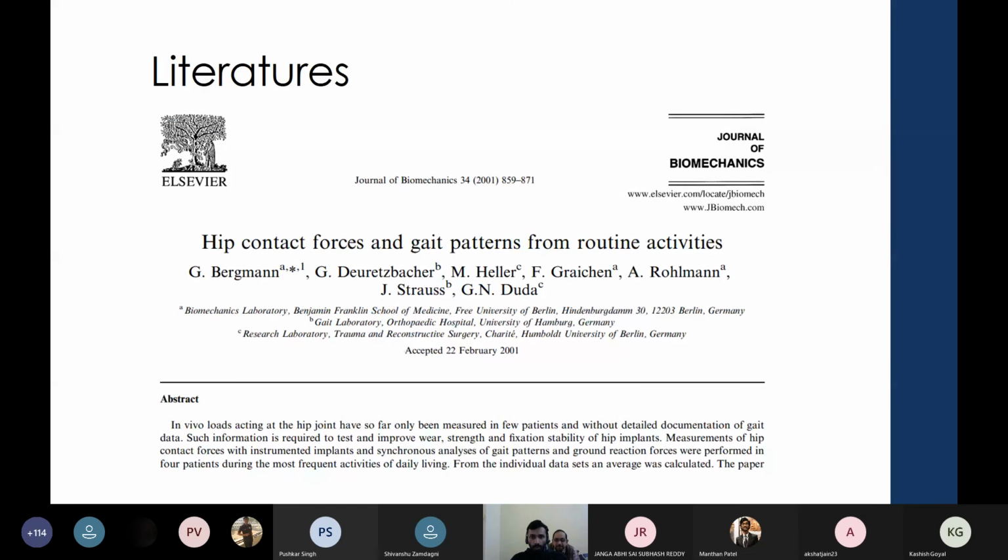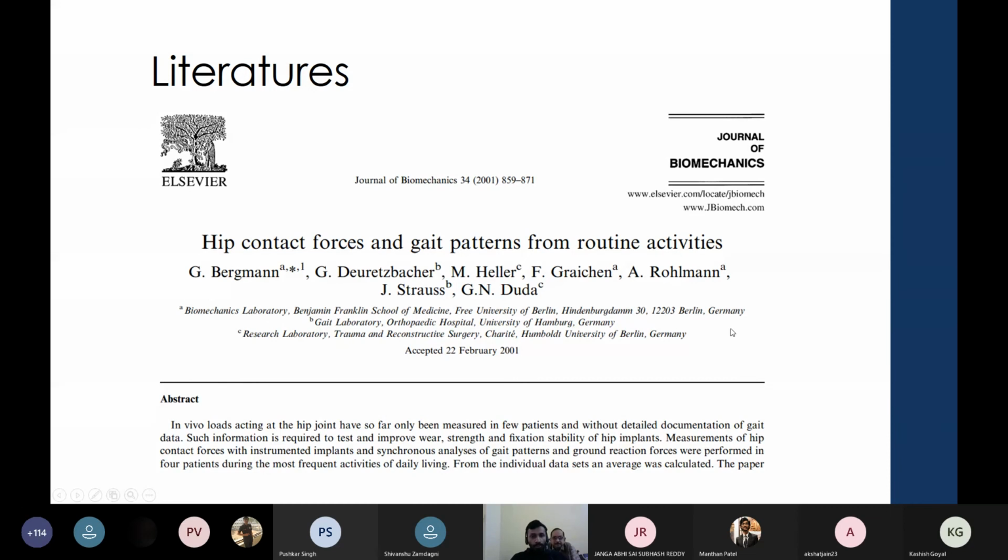There are some important papers associated with this HIP98 data. The first one is Hip contact forces and gait patterns from routine activities. This particular paper is from Bergmann and group. You can download it from Google if you type the name of the journal and the name of the paper.